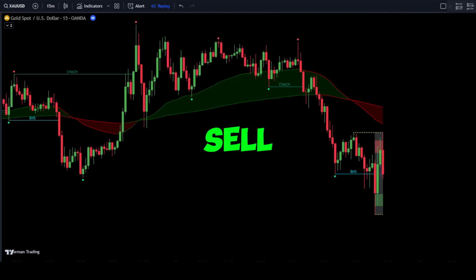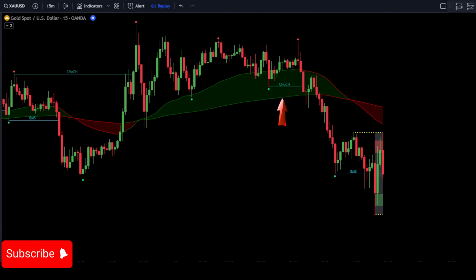How to place sell orders. If there's a change in market structure from bullish to bearish, marked by the appearance of a bearish chalk signal, wait for further movement in the market. Wait until a bearish break market structure signal